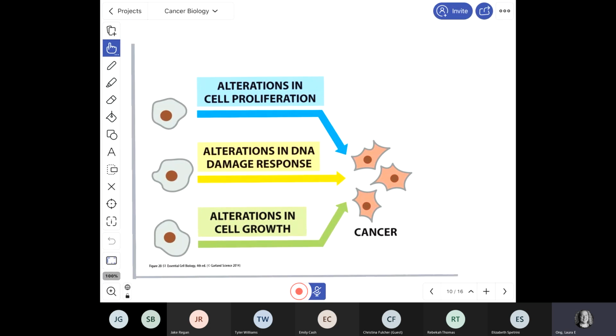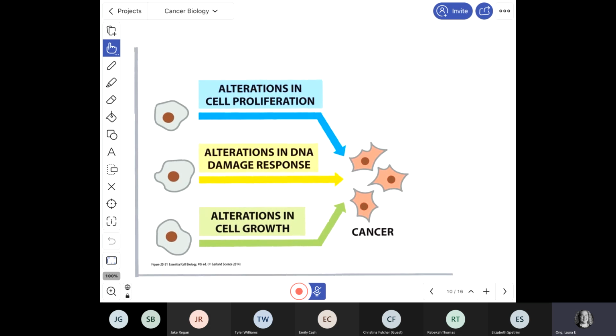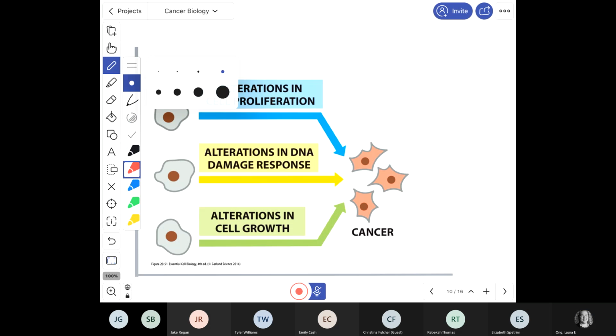So whether the mutations are in proto-oncogenes or in tumor suppressor genes, if the mutations are changing any of these pathways, that can lead to cancer. And the big takeaway of this is that any gene